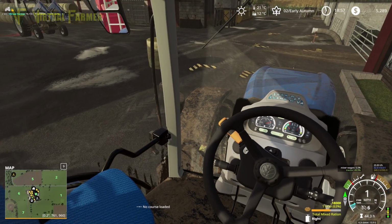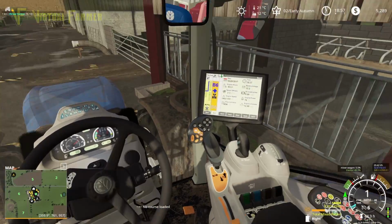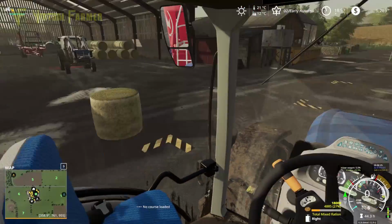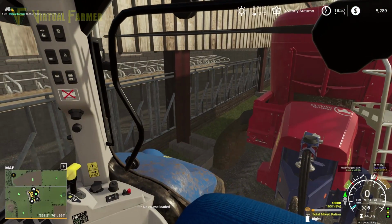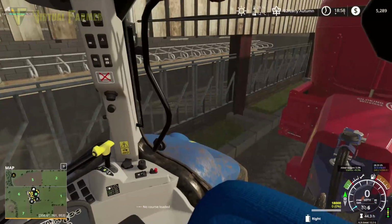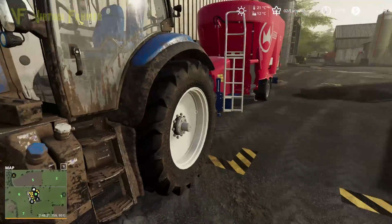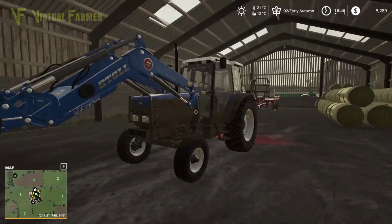Oh, we seem to have dropped the hay bale. Maybe it didn't require us all those ones. Maybe we dropped that over to the other side. Interestingly enough. So yeah, we need to put an extra hay bale in this time. So the ratio seems to be pretty good for... well, actually,